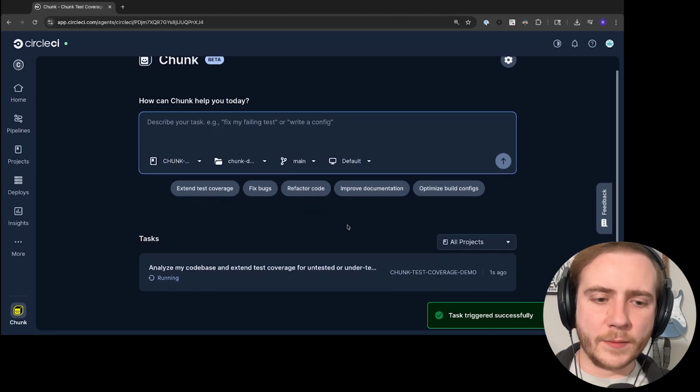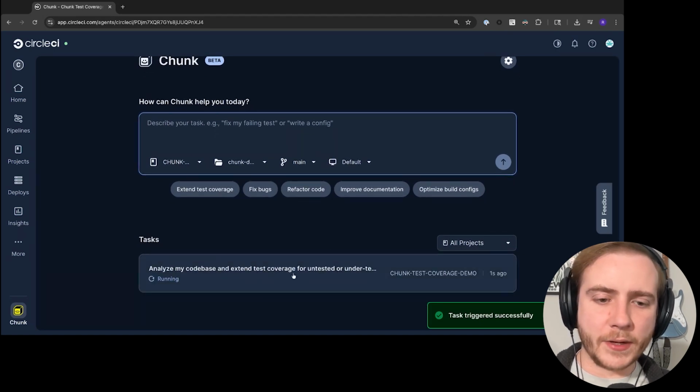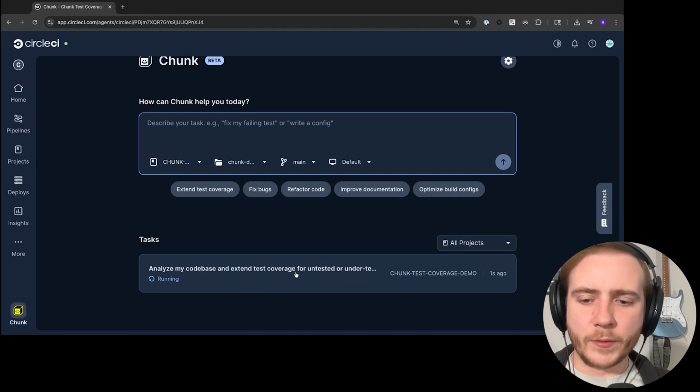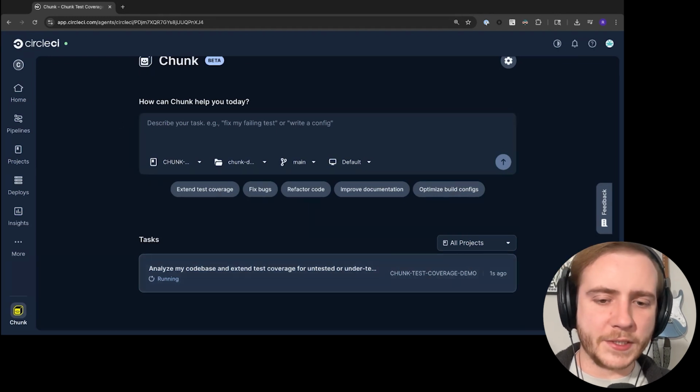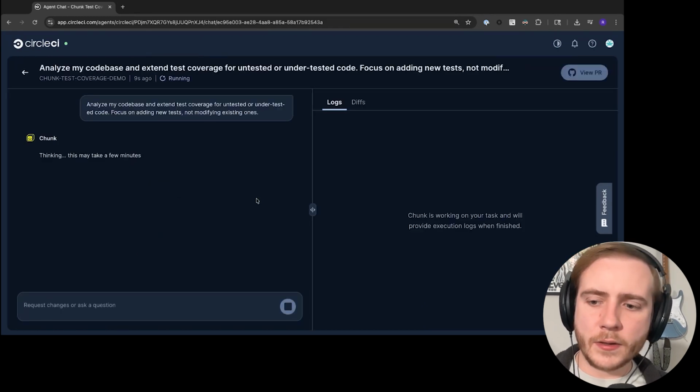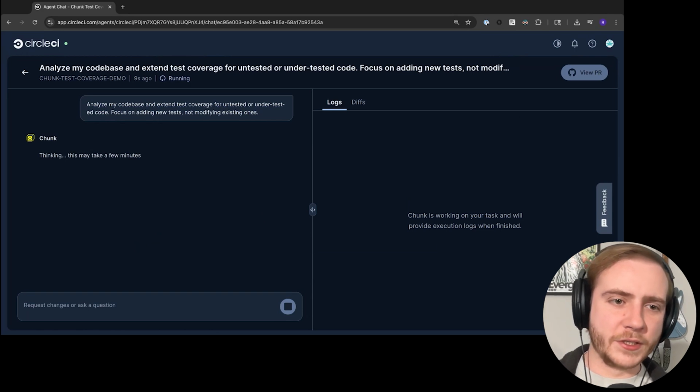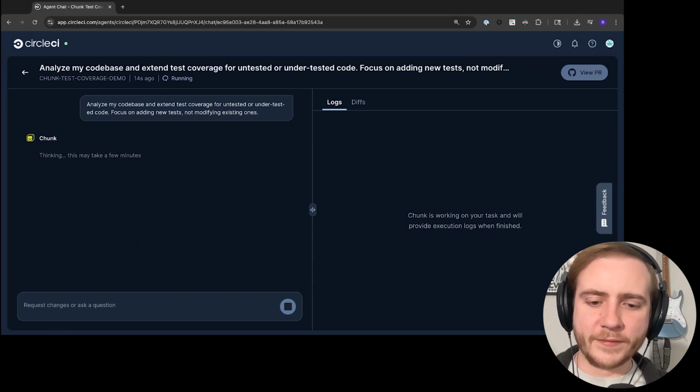We can see that automatically Chunk pops up with a task down here, which is running. And if we want to get a little more detail, we can click on this to see the task's output. We don't have any output yet because Chunk is still working. So we'll just leave this running for a few minutes, and then we'll check back to see what Chunk has